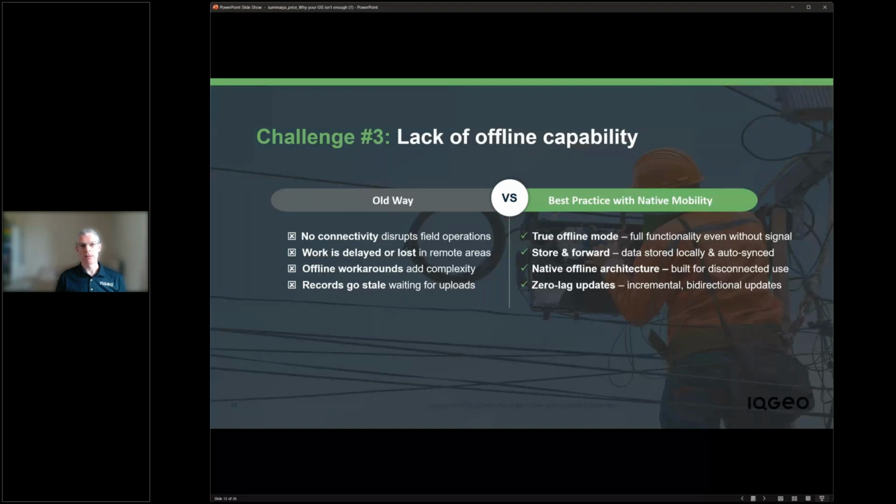If we think about sub-Saharan Africa, for example, even some of the more rural areas of North America, connectivity is still very much an issue. We've got customers who've attempted to use various services from low Earth orbit satellites that just don't quite provide the reliability that's needed to operate online.